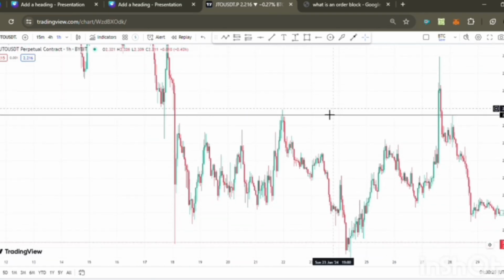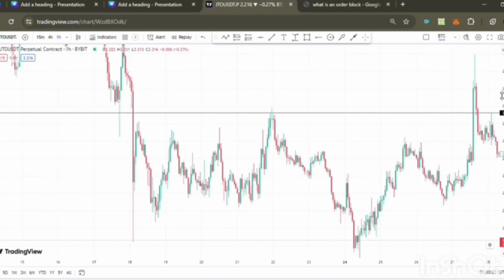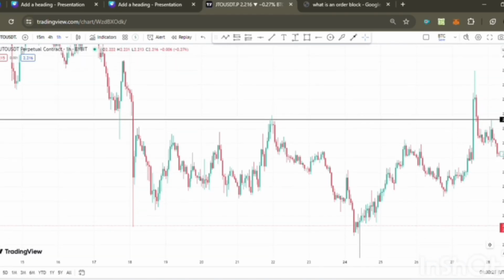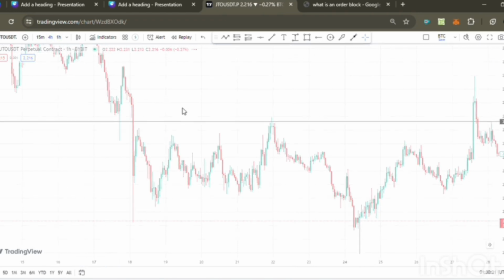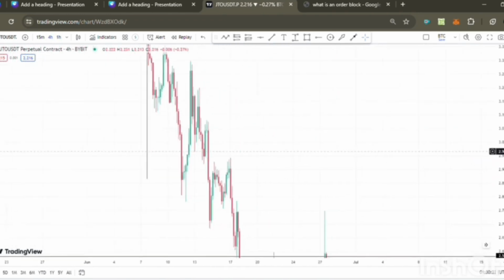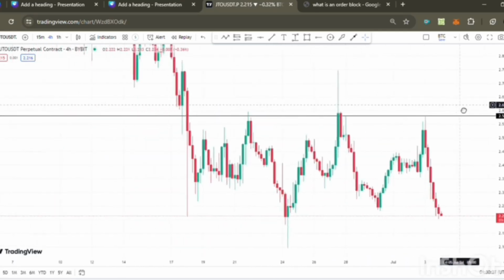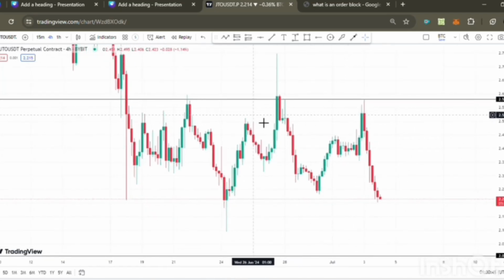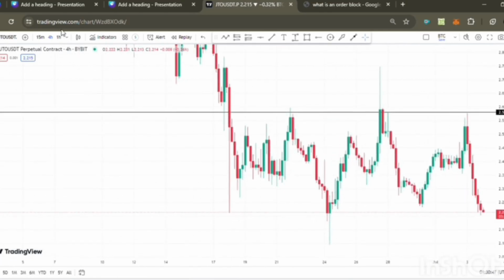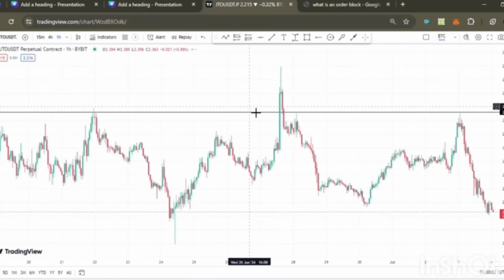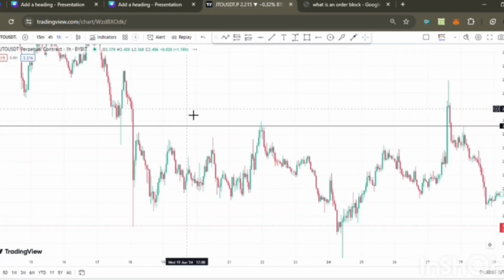Now, you see this market. This is JTO USDT on the 1 hour time frame. Let me check the 4 hour time frame. Okay, boom. You can see it now. This is the 4 hour time frame. Okay, let me use that 1 hour, because it's giving me exactly what I want. So if you look here,